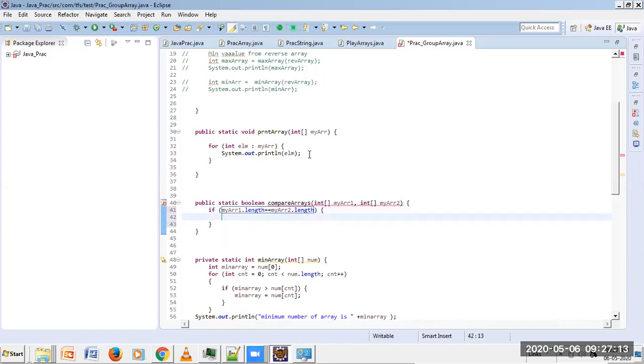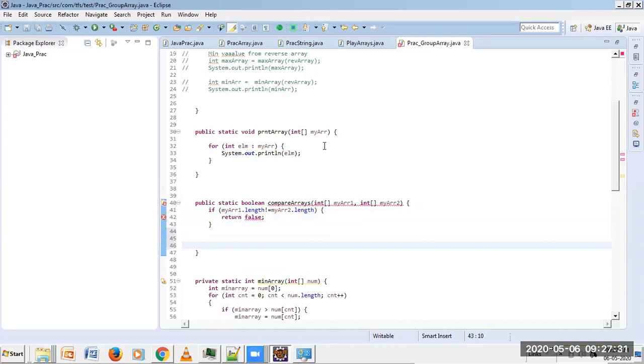If my array length is not equal, then I can directly return saying, boss, both the arrays are not the same. I can just return false for now. Later we'll play around with more conditions. Don't worry. Right? So the very first check I can do on this. And second, if both the array lengths are the same, then definitely it will not fall in the if. It will not return false. It will come down over here. Over here, I can compare both the arrays.